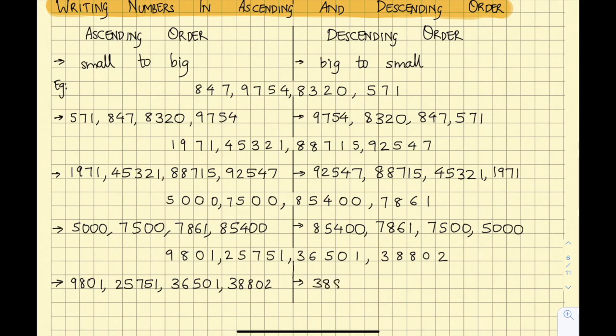But it is not necessary that every time it will be arranged in ascending order and given. Okay, but anyways, we are applying logic in doing. The smaller one is 25,751, 9,801. Maths is indeed fun if we apply logic.